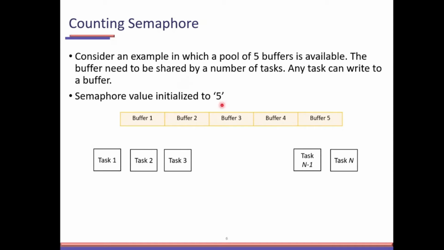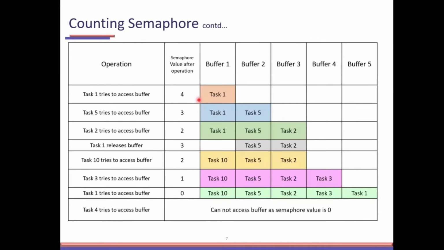The counting semaphore, let's say, is now initialized to 5. Because there are 5 buffers, the semaphore is initialized to 5. Let's take this example. First, task 1 tries to access the buffer. So the semaphore value is decremented by 1 and buffer 1 is allocated. Then task 5 tries to acquire, so the semaphore value is again decremented and buffer 2 is allocated to task 5. Then task 2 tries to access the buffer, so the semaphore value is again decremented by 1 and buffer 3